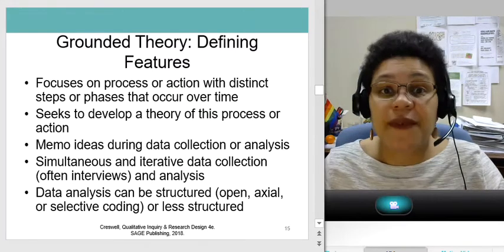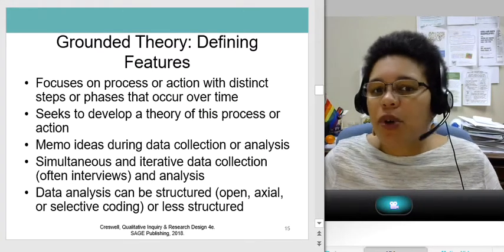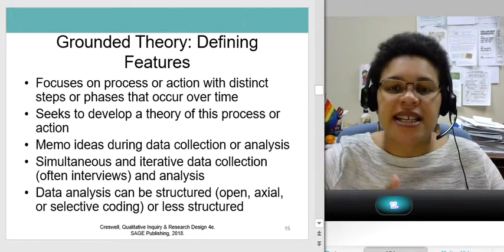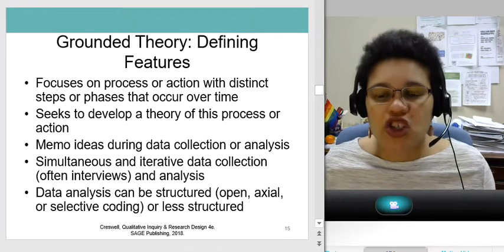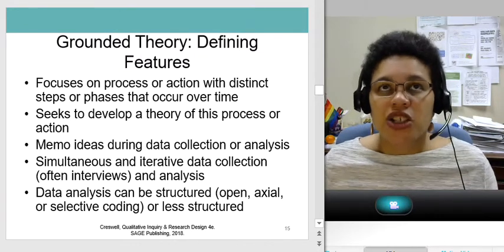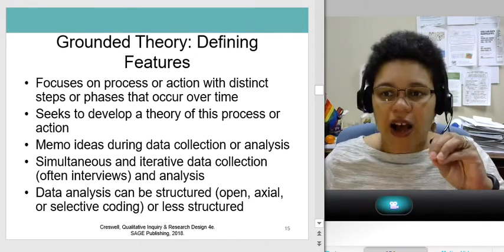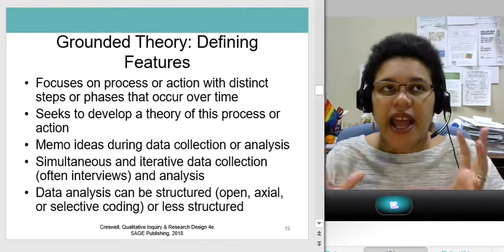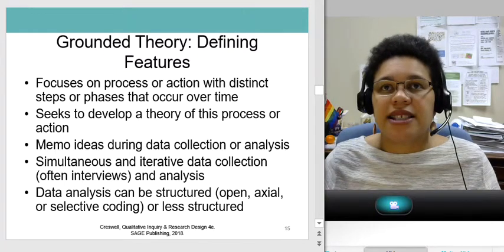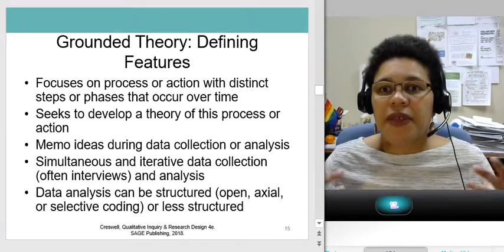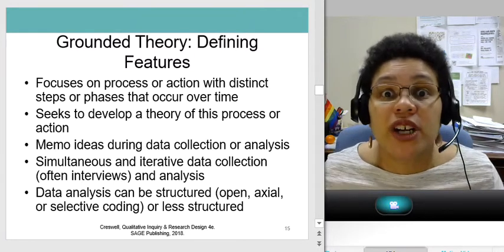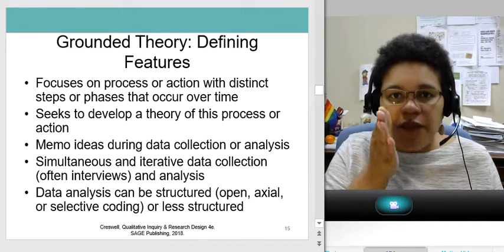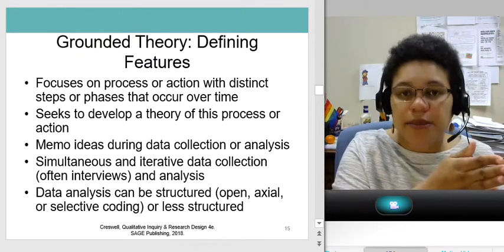So, some defining features: you're focusing on a process or action with distinct steps or phases that occur over time. Okay, you're trying to understand how something occurs. And I guess an example I think of is the school to prison pipeline, for example. There are very distinct steps.